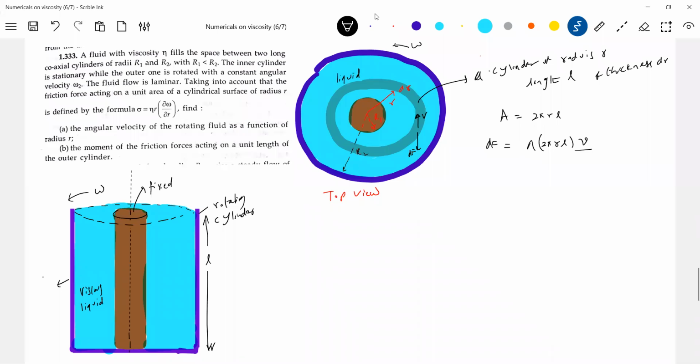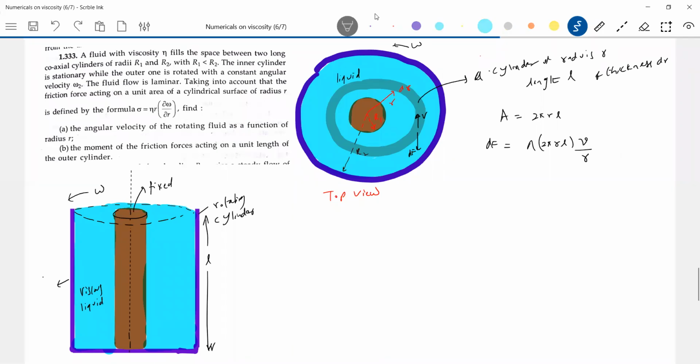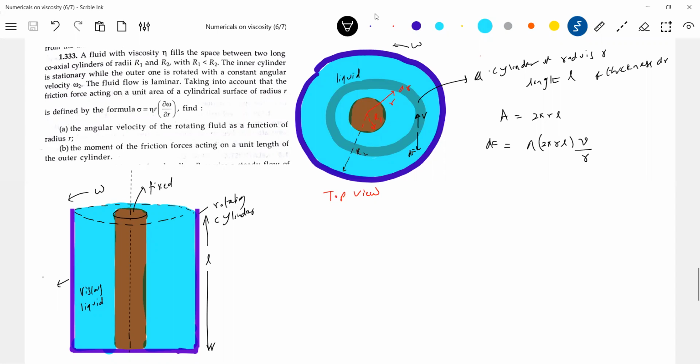At what distance is it? Shall we take it at a distance r? Or how to write that equation? Anybody? Really, your engineering thinking ability has to come into the picture. So how to write the equation? dF, no? What is the force acting on that one? So if you look at actually,